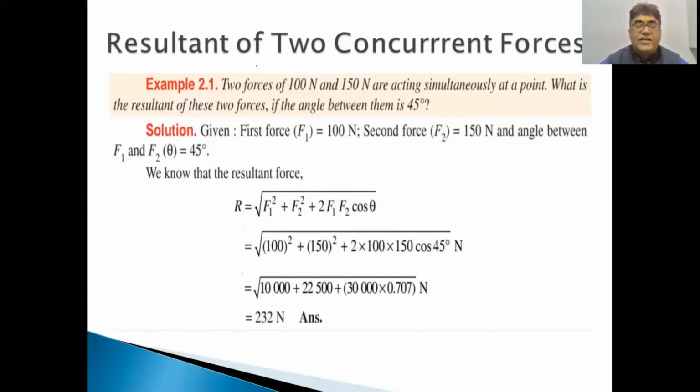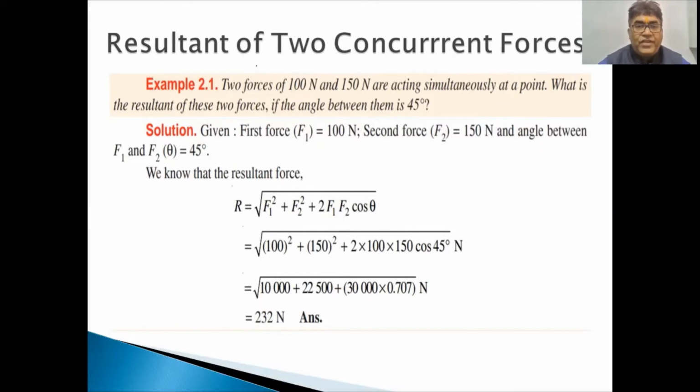So finding the resultant of these two forces, the formula for the resultant of two forces acting at an angle theta: let us assume the first force as F1 and the second force as F2. Then the magnitude of the resultant will be found by the formula under root of F1 square plus F2 square plus 2 F1 F2 cos theta. We are not concerned here with the derivation part, but this formula came from the derivation.